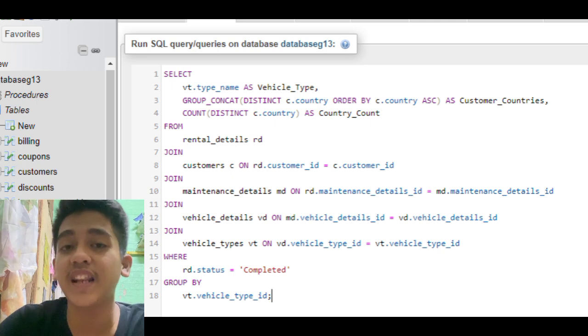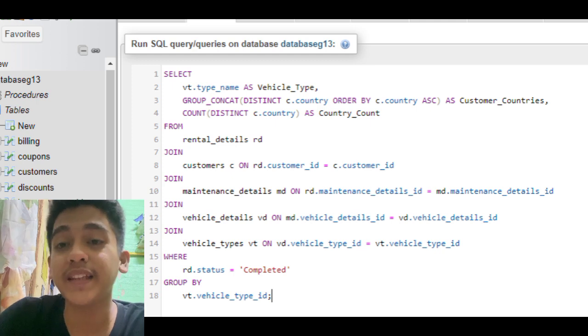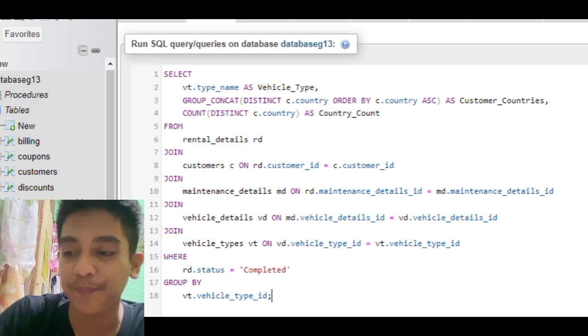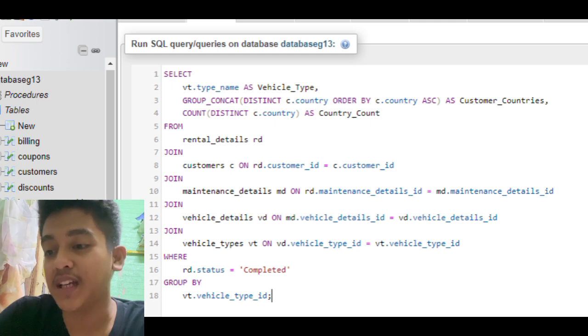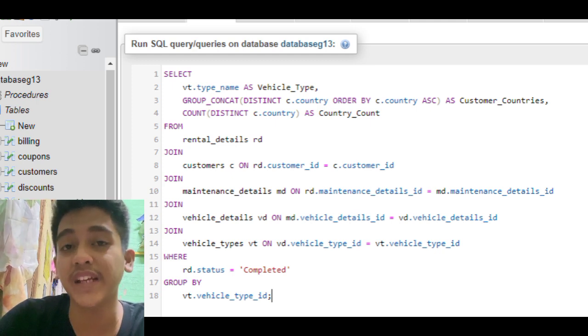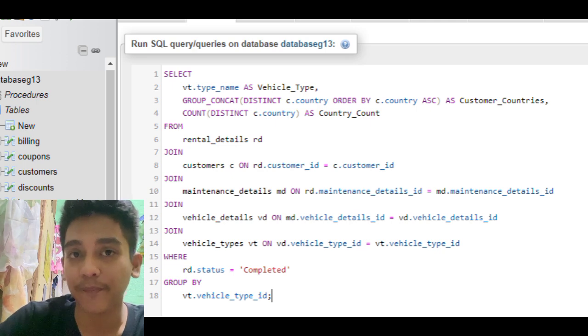This gathers a list of unique countries of customers, ordered alphabetically as a single string for each vehicle type. Then next is COUNT(DISTINCT C.country) as country_count. This counts the number of distinct countries associated with each vehicle type.